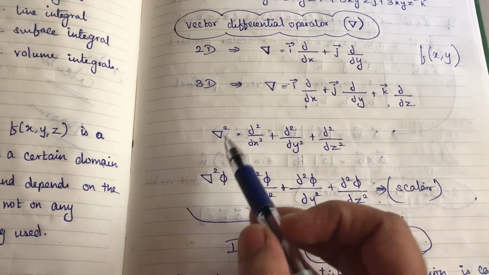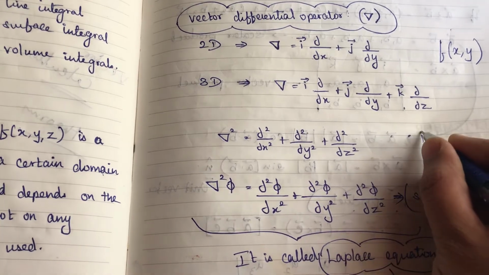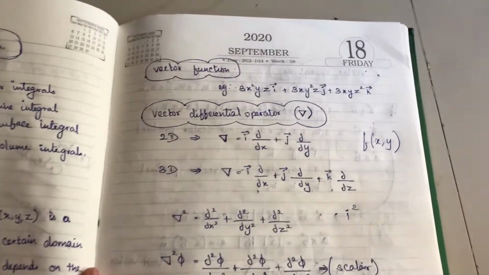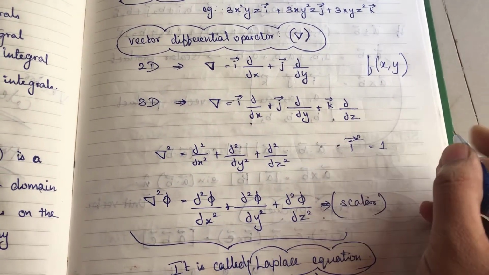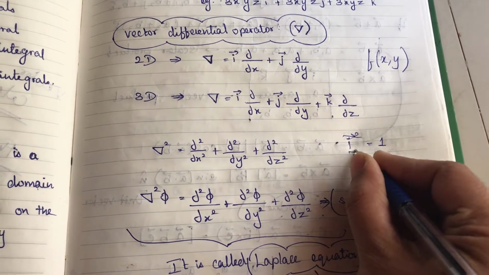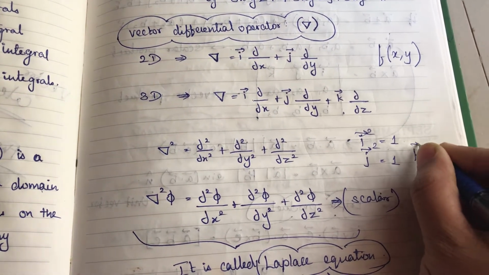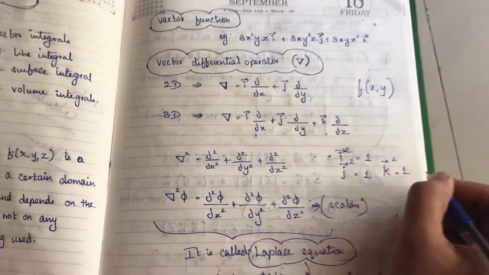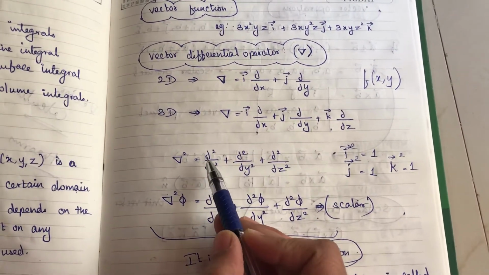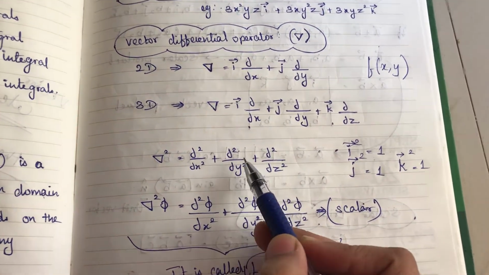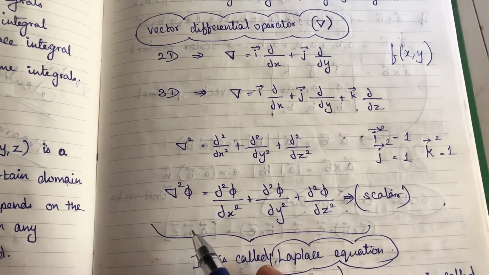Del square means dou square by dou x square. Why is it so? Because i square, can you see that, i vector square is nothing but 1. The same applies to all: j vector square is 1 and k vector square is 1. So these all become 1, and we only have dou square by dou x square plus dou square by dou y square plus dou square by dou z square. That's it. And another thing,